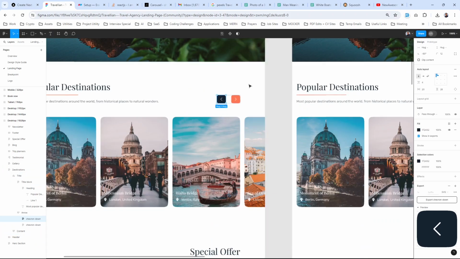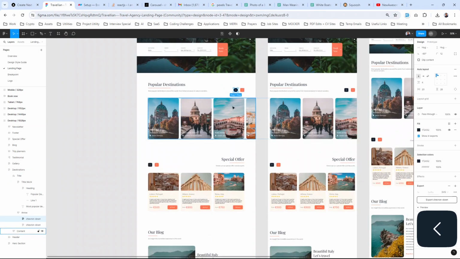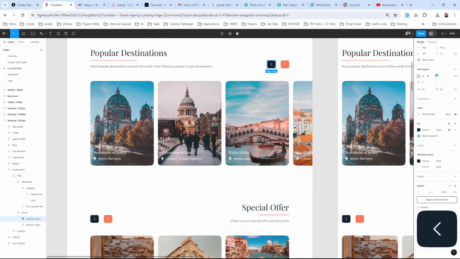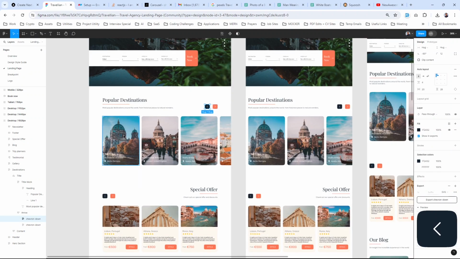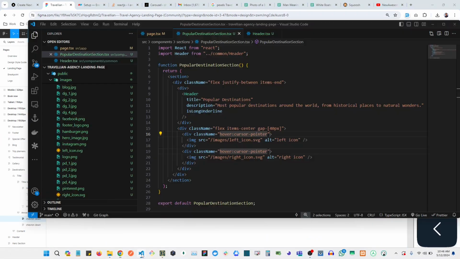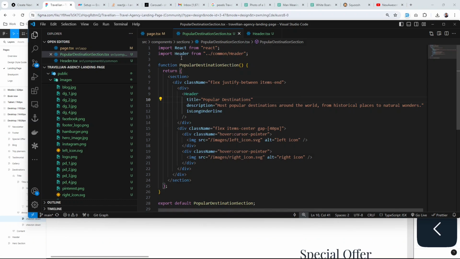Okay, so now we already have that, which is a good thing. And the next thing we'll do is to start working on these cards, right? So we already have the popular destination card. We just have to build them out,